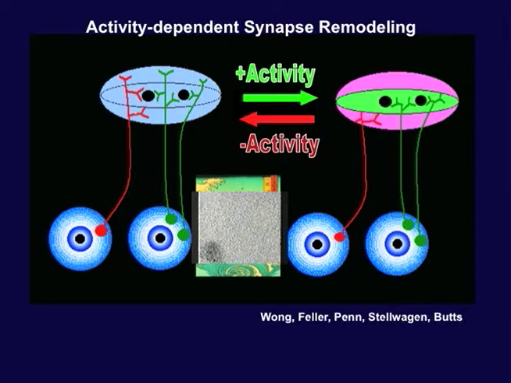So a number of years ago, we asked the question, how is it that activity is ultimately translated into lasting changes in structure, in connectivity? And we wondered, could we understand something about the molecular mechanisms of this translation process? In other words, could it be that neural activity drives the expression of sets of genes that are required for this remodeling process? And that wasn't such a crazy idea, because we know, for example,